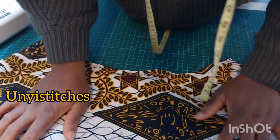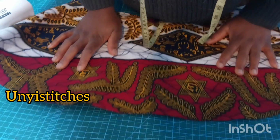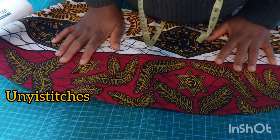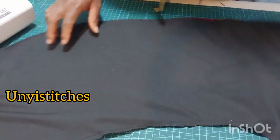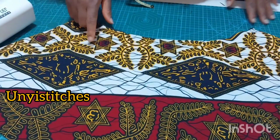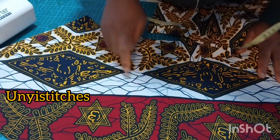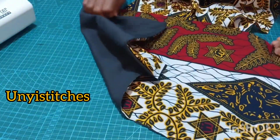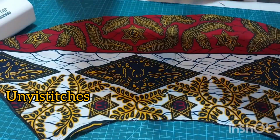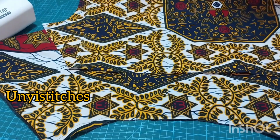So after cutting the flare part, I went ahead and cut my lining because I'm going to attach lining to the flare part of the sleeve. So I've joined it. Can you see? The next thing will be for me to join the upper part of the sleeve to the lower part, which is the flare part. So I will do that by turning it this way, right side facing up, and then I will place the right side of the upper part, right side facing